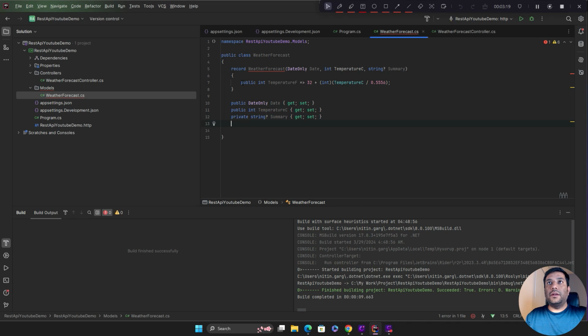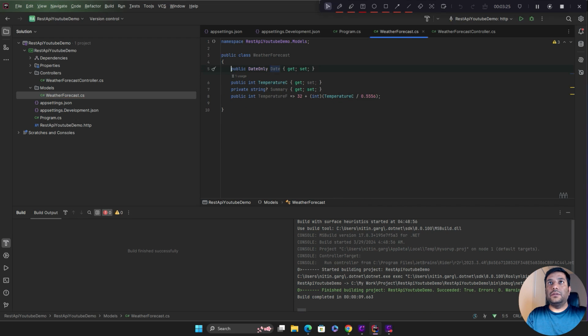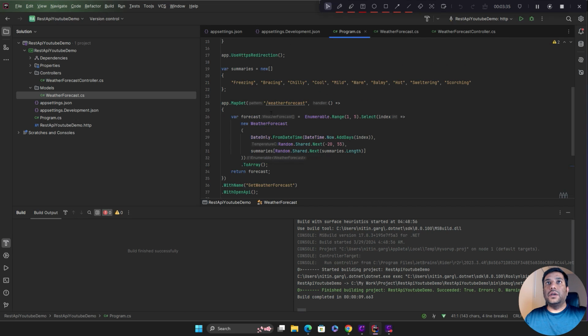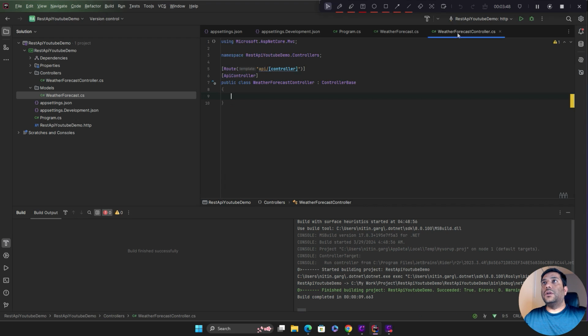Then our WeatherForecast class is ready. Now the next step is to get this endpoint. So before we create the endpoint, let's bring this to the WeatherForecastController, and instead of this I'll call it